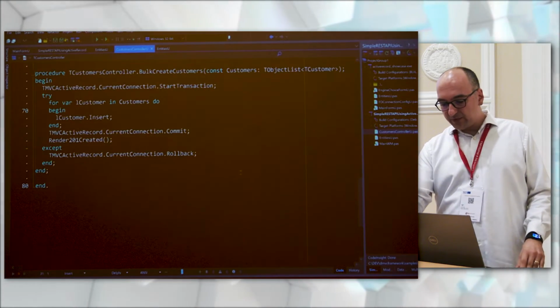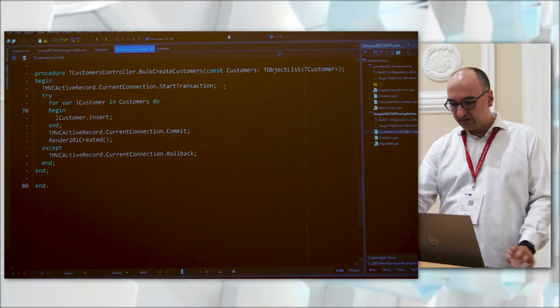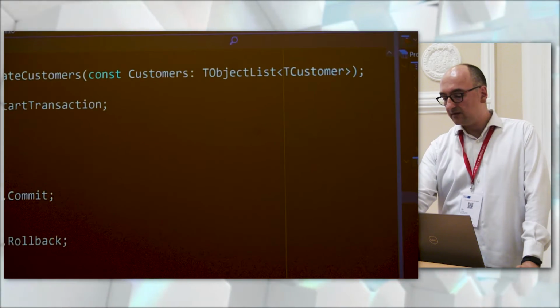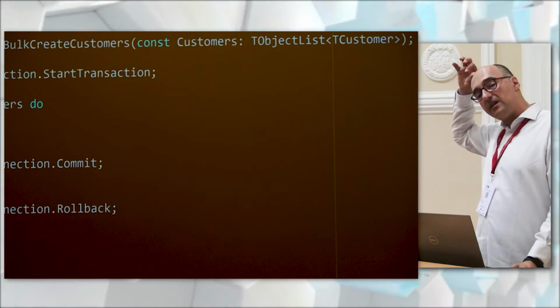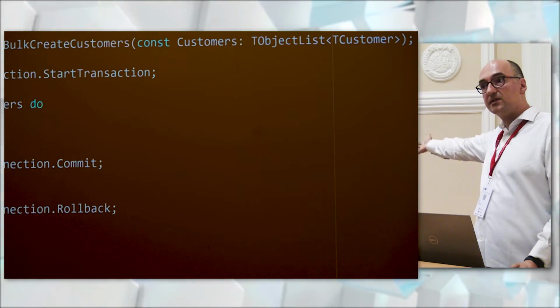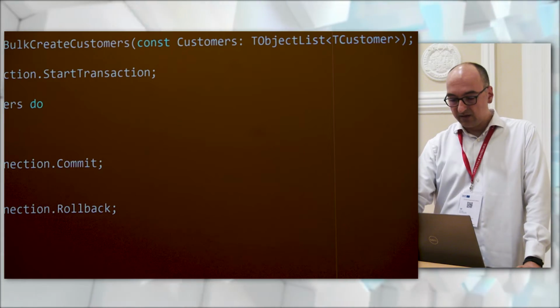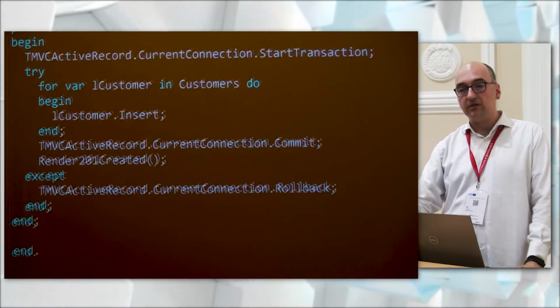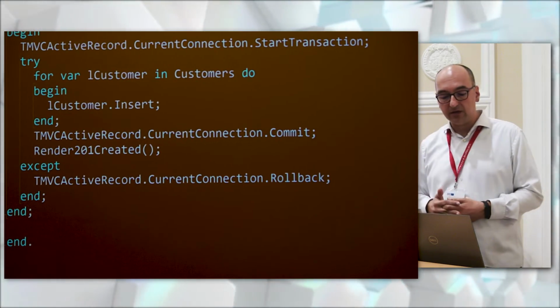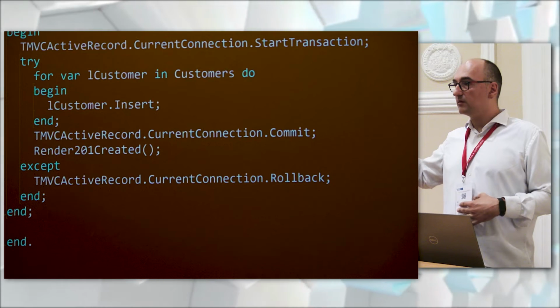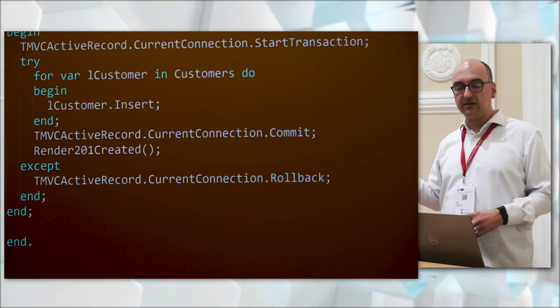And this is, for example, to create a bulk insert. Just allow the clients to send an array of customers, start a transaction, because the operation must be atomic, and then loop on customer: insert, insert, insert. That's it.